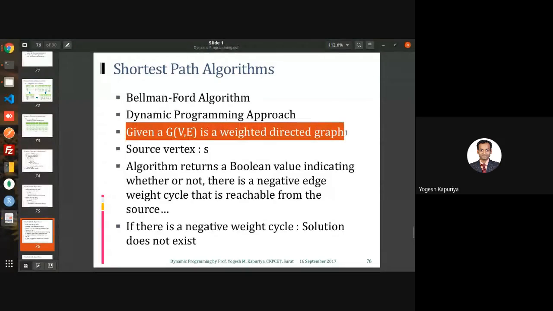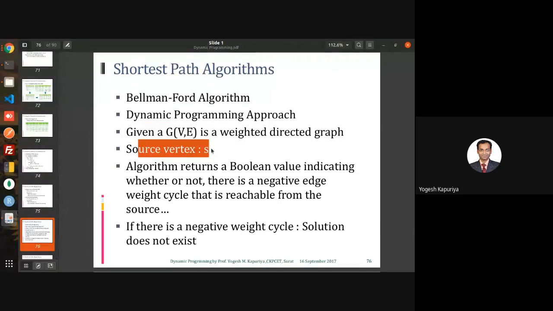As we know, it's a weighted directed graph. That means the graph has weights associated, that is, every edge of the graph has an associated weight and also a direction. That means there is always a source and destination for every edge. Apart from that, it is a single source shortest path. So you have been given some source vertex for the entire graph, from which you are interested in finding out the shortest distance for all other vertices.